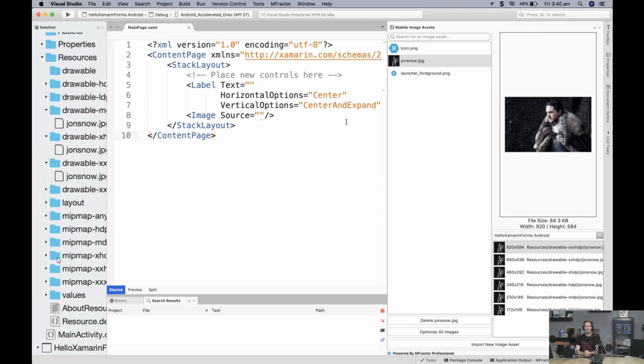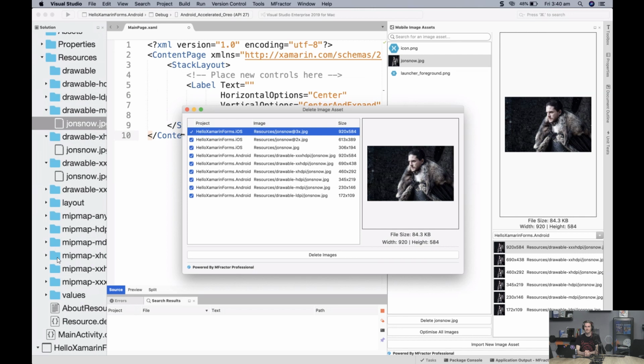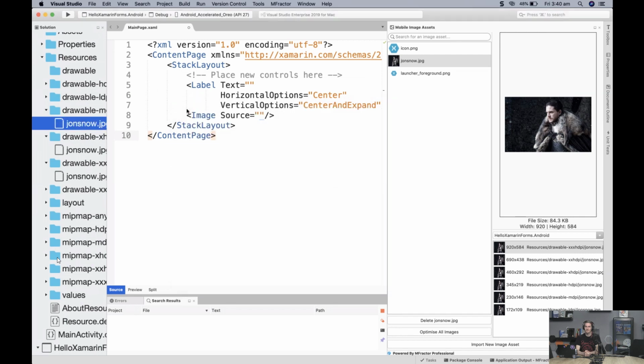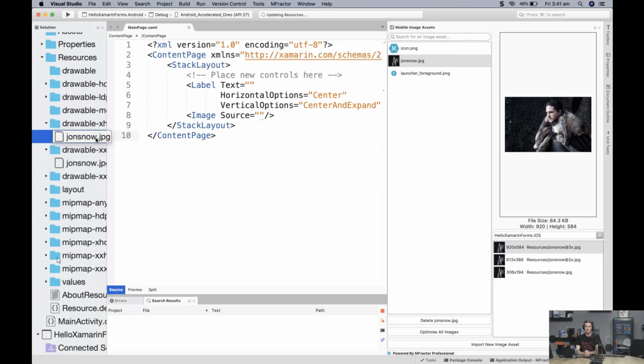And if we did want to remove this image, we have the deletion tool. You can right click and do actions, delete image asset. This will bring up the image deletion tool. Alternatively, we're introducing a concept at the moment called a workflow assistant. These basically watch for a sequence of actions or some behavior in the IDE. So if I delete jonsnow.jpg and say delete, and then I go and delete another jonsnow.jpg,